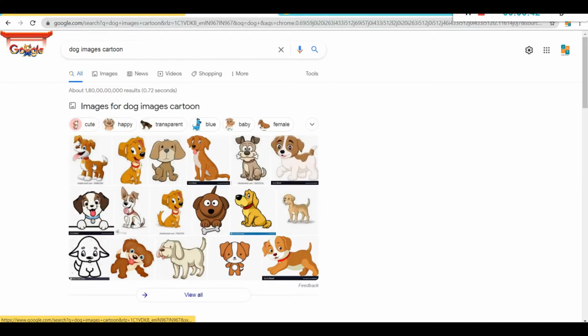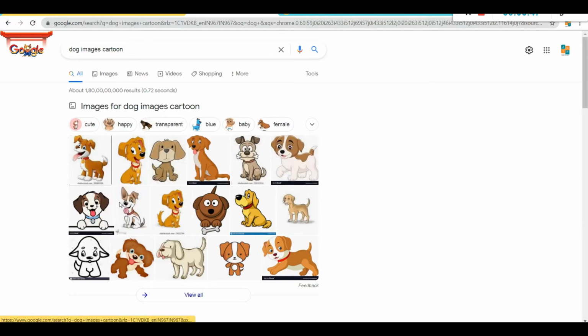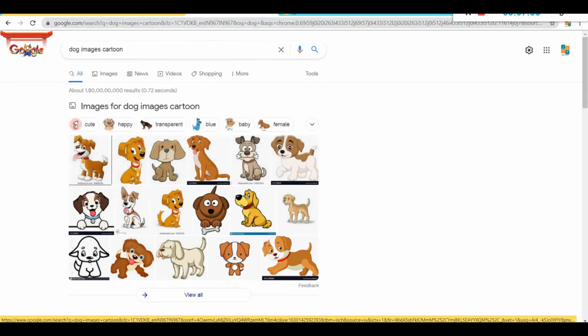Just click on the image you require, right click on it, click save, rename the file as dog and save it in whichever location you require. This is very simple. You can download any number of images using the browser.